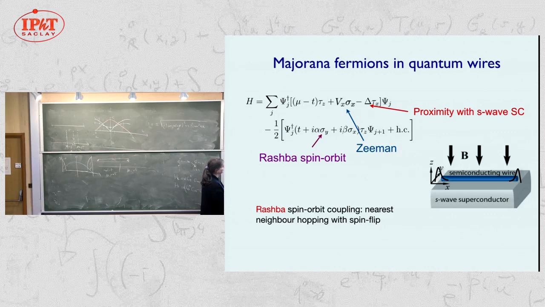And then I have a superconducting term, like the ingredients at the Kitaev model: I need superconductivity of some sort. I need some electron-hole type of coupling. So what people propose is that in these wires, of course, I don't have intrinsic superconductivity, but I can induce superconductivity by adding, by proximity, a superconducting substrate, which for this model doesn't have to be too complicated. It can be a regular S-wave superconductor, like aluminum or any normal superconductor would do. So this superconductor is added as a substrate to my wire, and this induces this type of